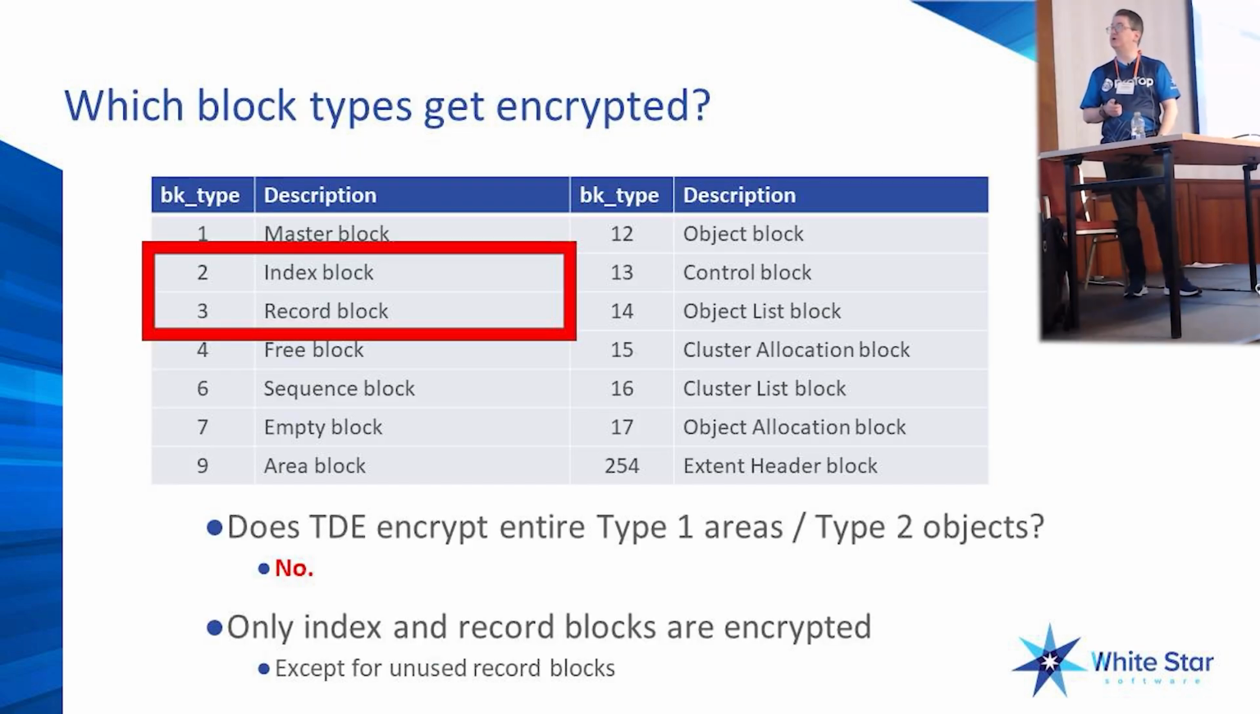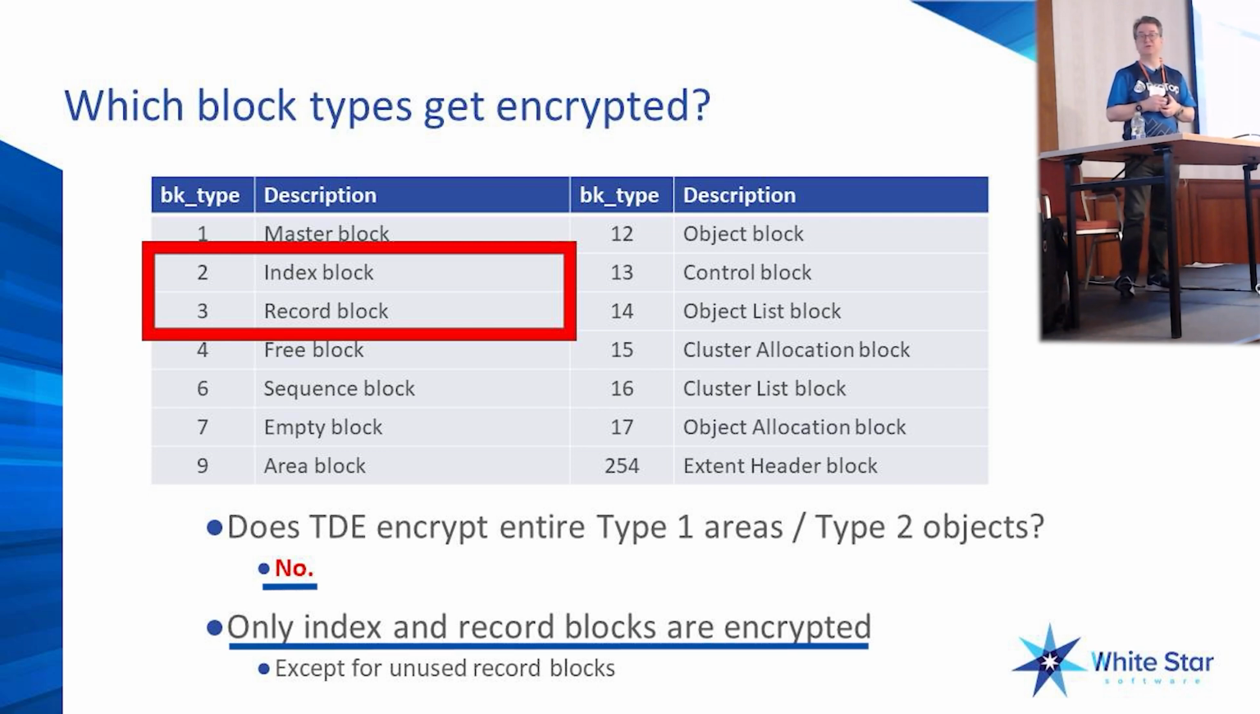So when we encrypt data in a database, what actually gets encrypted? This is a list of all of the block types and their block type numbers that you can find in a modern OpenEdge database. And so when we encrypt an object or an area, is it the entire thing that gets encrypted? No. It's actually just